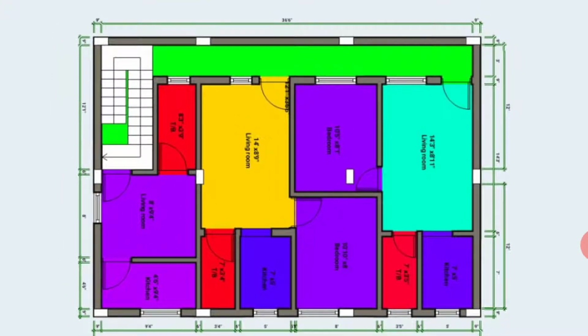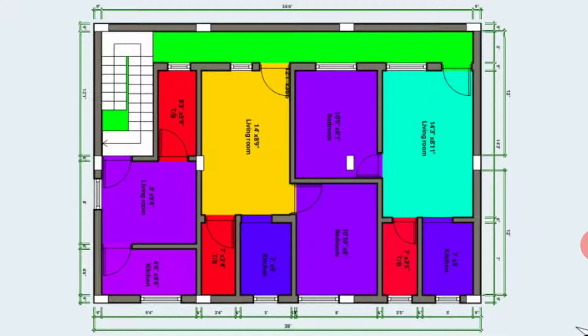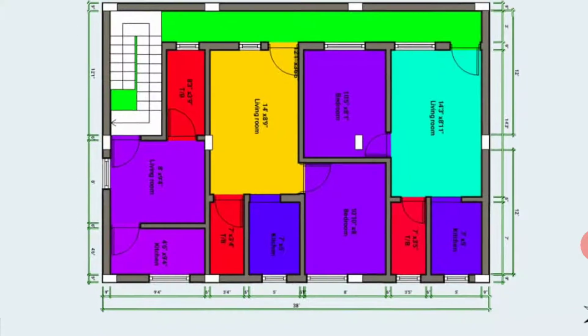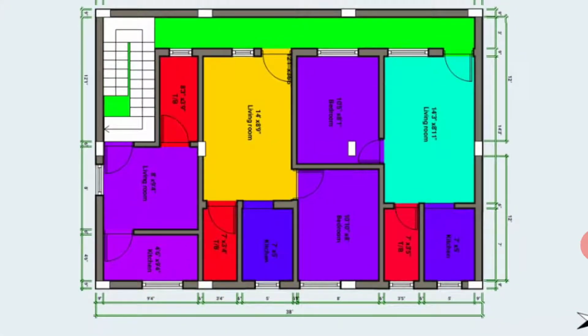As you can see here, there is a living room and a staircase, along with a red color toilet room. The staircase steps have been taken, and a full entrance has been given. Here is the small kitchen, size 4 feet 6 inch by 9 feet 4 inch. From here you will enter, so there is another entrance that has been given.